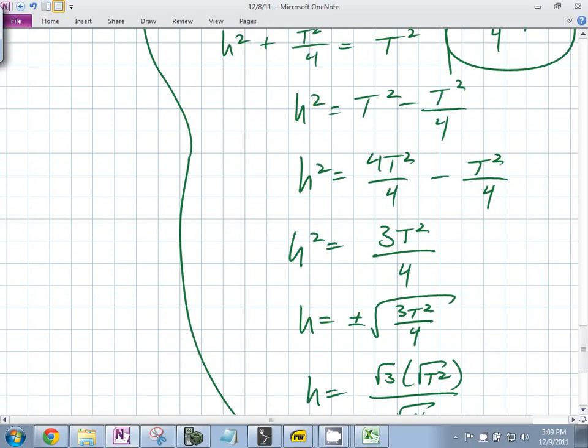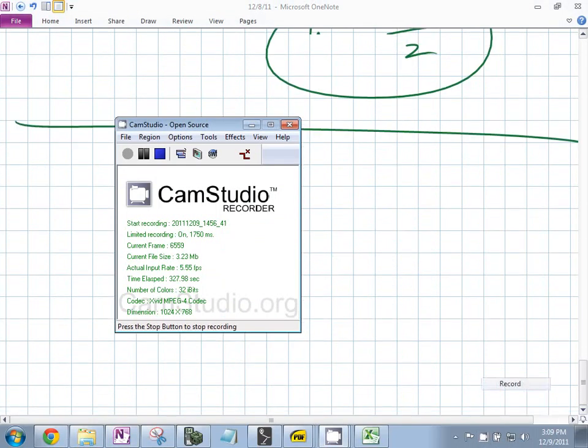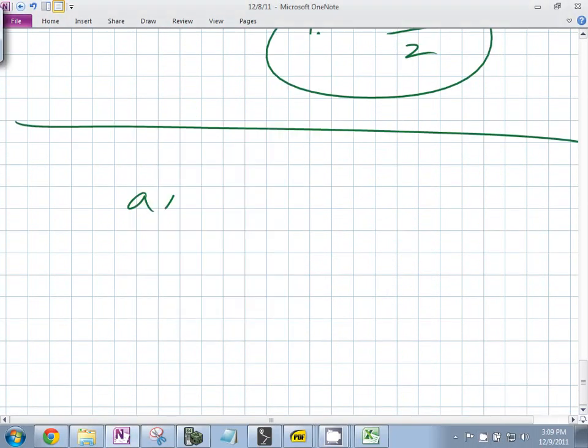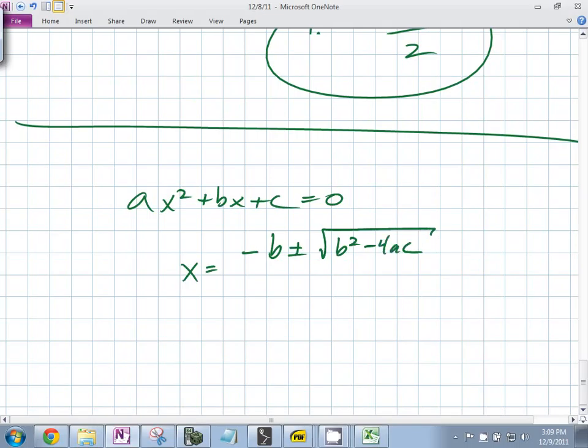That's it. If you have ax squared plus bx plus c equal to 0, then what does x equal? Negative b plus or minus the square root of b squared minus 4ac, all over 2a. That's all you need to remember, and you can simply